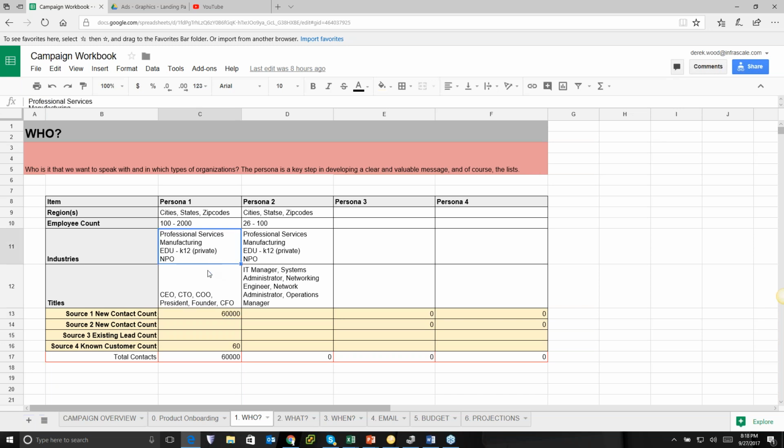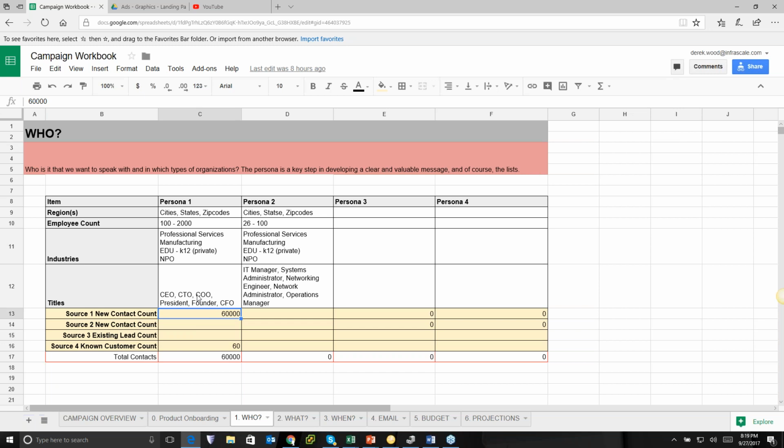But they're a great resource to get that registration count up, whether it's a webinar or an in-person event, or simply just an email campaign. Maybe you're trying to get people to download an ebook, something of that nature, really anything. And they have a lot of other marketing services as well.